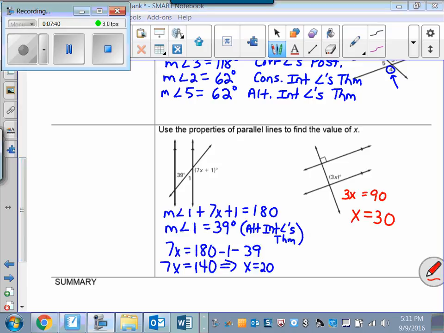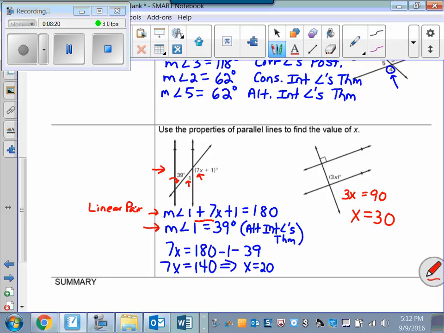Okay, so what I did here in this first example is I know that angle 1 and this angle right here are supplementary, so I wrote that equation. How do I know they're supplementary? Well, because they're a linear pair, right? They're a linear pair, those two. So I know that the sum of them is 180 degrees, so I wrote that equation, and then I said, oh, but wait a minute, the measure of angle 1 is 39. Why? Because angle 1 is congruent to this angle right here because they're alternate interior angles. So then I substituted